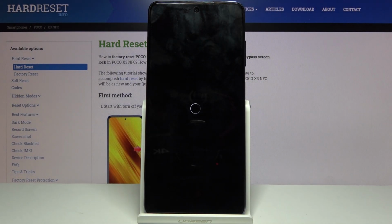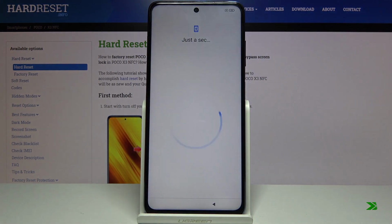will begin. Now this will take about a minute or so, and once it's finished we will be greeted with the Android setup screen. So I'll be back once that is visible. And as you can see, now the process is finished and you can set up your device however you